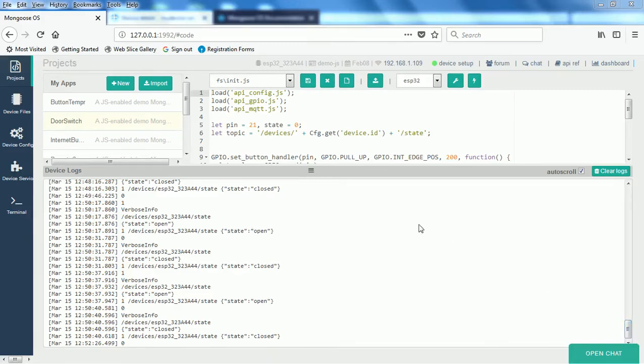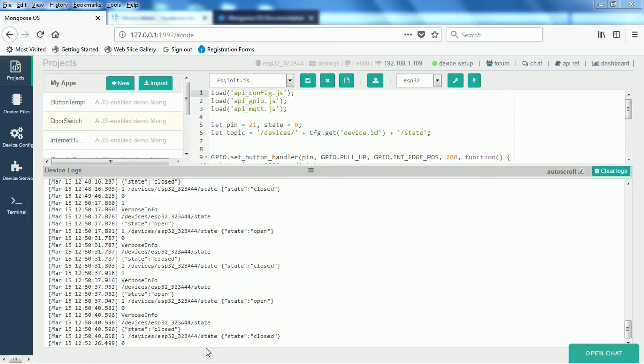So these are the things that we have captured. Probably initially the state was closed, then it was open, then again closed. That means there is a door that is open and that is closed. So there are various states, which basically correspond to open and closed. This information is sent out to the Google Cloud.